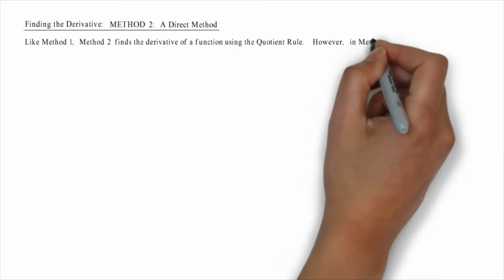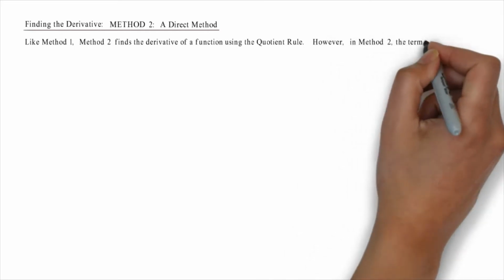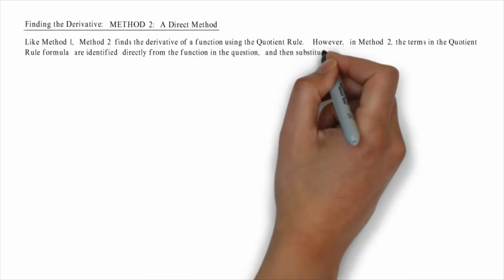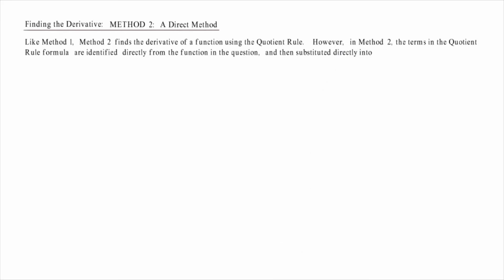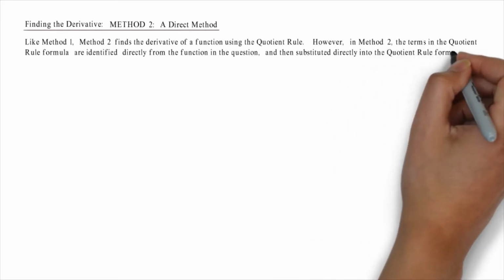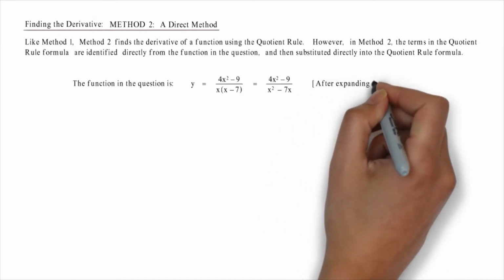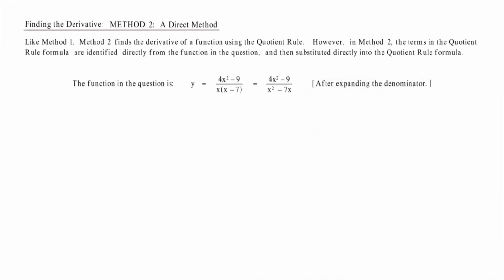However, in method 2, the terms in the quotient rule formula are identified directly from the function in the question and then substituted directly into the quotient rule formula. The function in the question is, after expanding the denominator,